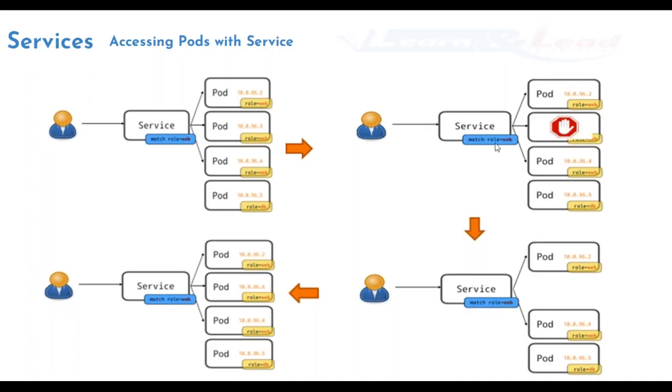Now, what is the advantage here? We know that with the deployment controller, if a pod goes down, a new pod comes up automatically, right? It means that the pod has a new IP address again. Now the service knows all the backends. Let's say that this pod has gone. Finally the new pod has come up. The service automatically registers this new IP address to the service IP, kind of a load balancer. Now automatically we can send the request again to the new pod. So this is how we need to access. In the real world, we always have to create a service in your Kubernetes cluster in order to expose your application to the external world. That is how we actually have to access applications.